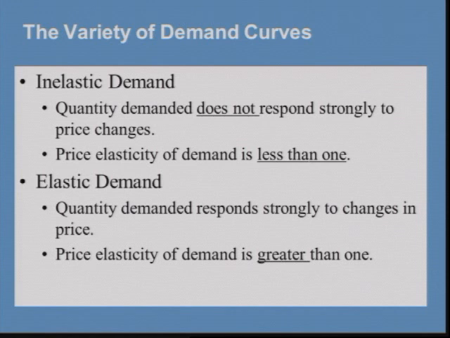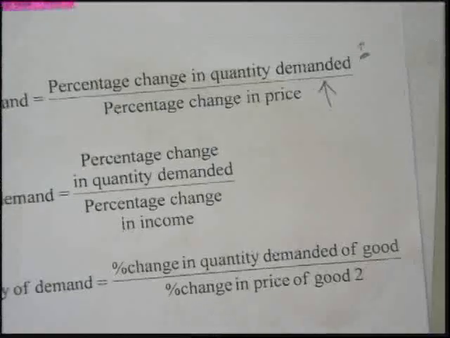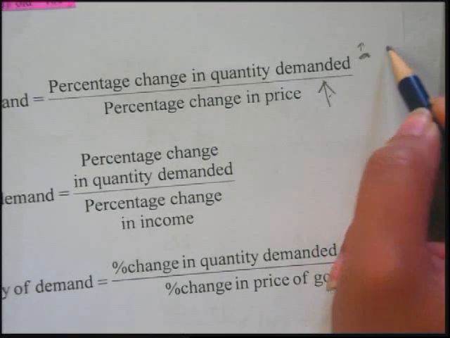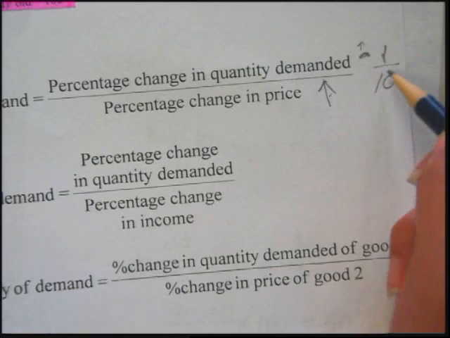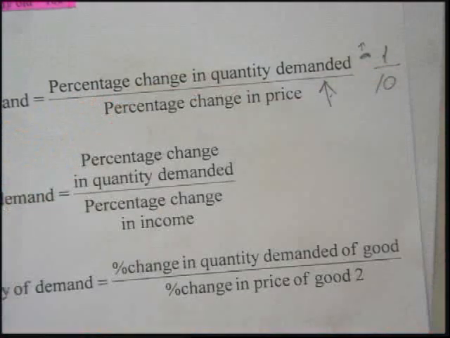But his friend was telling my brother later that he was lightheaded, he wasn't feeling well, and his dad was really angry at him when he met him, but because he would have been in trouble. But whatever the price is, he would have paid it, right? If we're talking about life and death. So if there's a big change in price, they could have charged him $100 for that battery, but he still needed one. And so if you just look at the formula, if there's a big change in price and not that much change in the quantity demanded, we're going to have a fraction where the denominator is bigger than the numerator. So this whole thing is going to be less than 1. And that's what we mean by